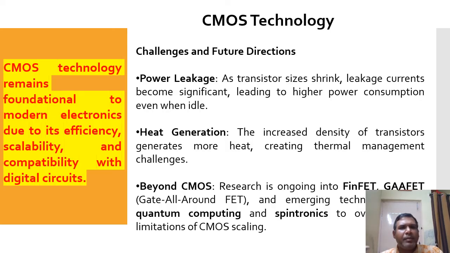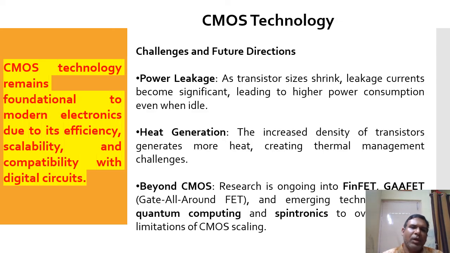So automatically power will consume more. So as transistor size will shrink, leakage current becomes significant, leading to high power consumption even when it is in an idle state. So when the device is not working, during that time also, a continuous power will flow from VDD to ground. So that is one of the biggest challenges